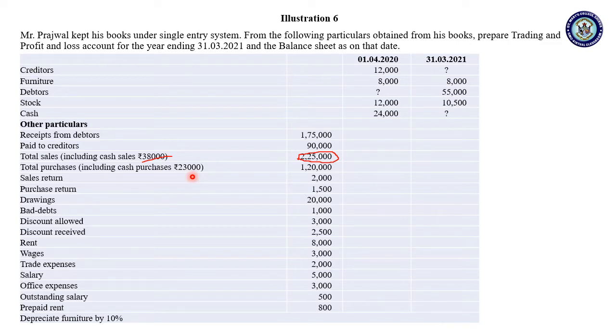What about credit sale? Recall illustration number 1, 2, 3. We prepared a debtors account. The balancing figure, if it is on the debit side, is the credit sale. Then what is the journal entry? The journal entry will be debtors account debit to credit sale account. Turn your page and see the ledger accounts of debtors. The balancing figure on the debit side means credit sale, correct? It means the debtor is the buyer, that is debit. So debtors account debit to credit sale.